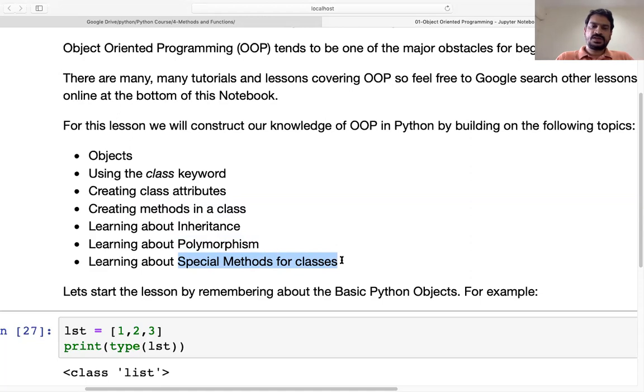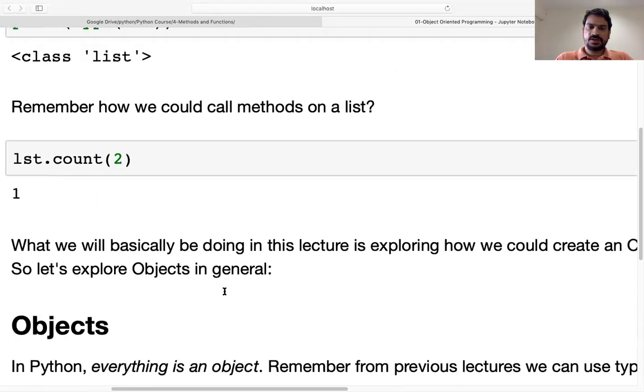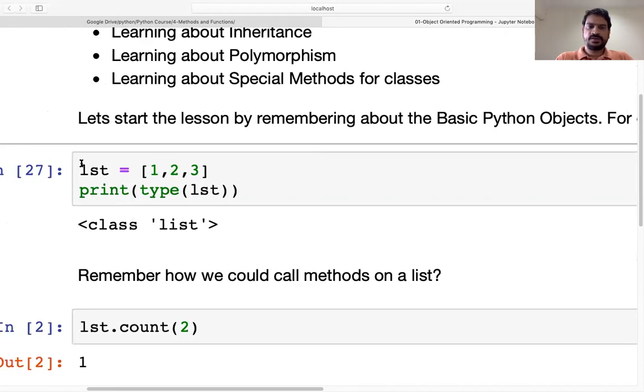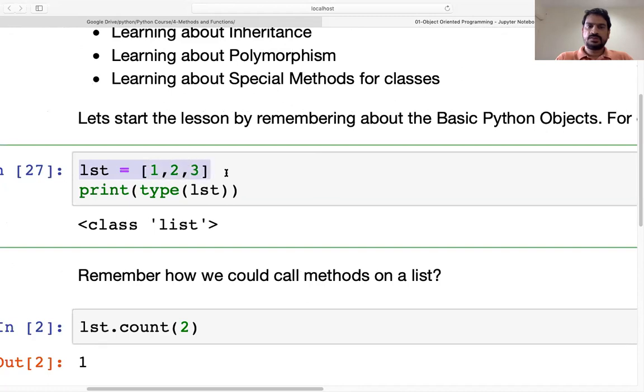So let's first understand what we mean by object in object-oriented programming. Let's see a simple example and try to understand what we mean by object. If you see this particular code, here it is written first equals [1, 2, 3], right? So what is [1, 2, 3]?